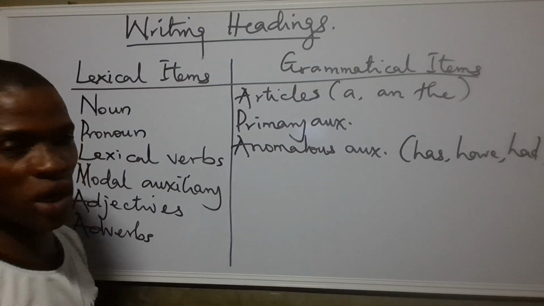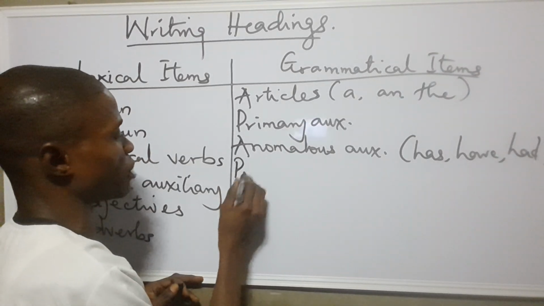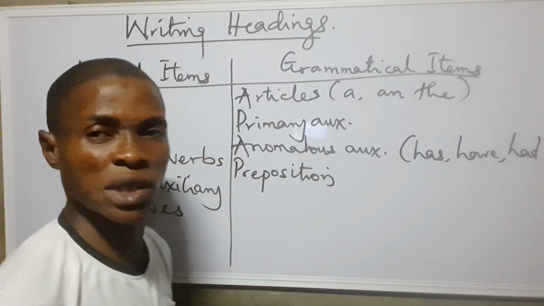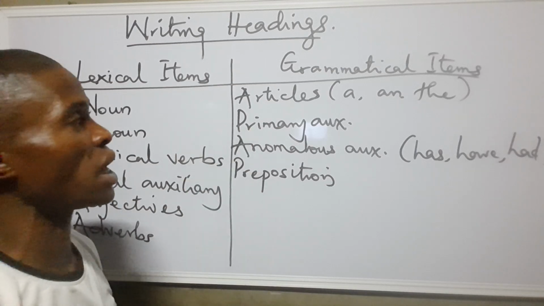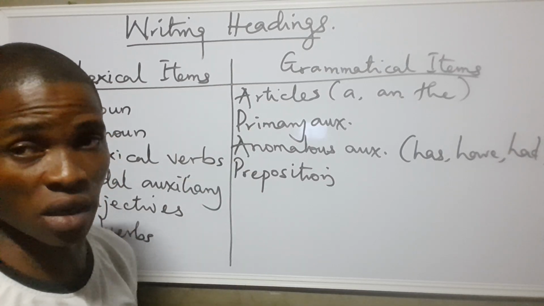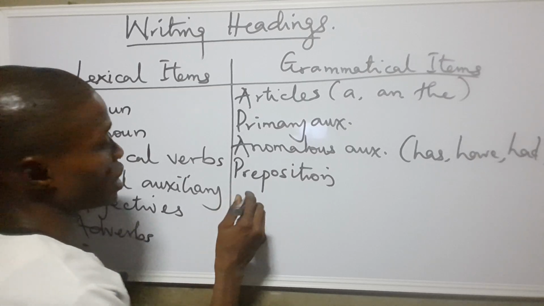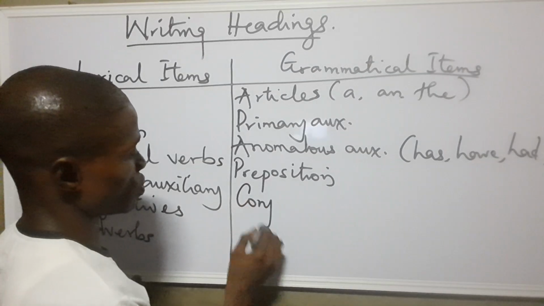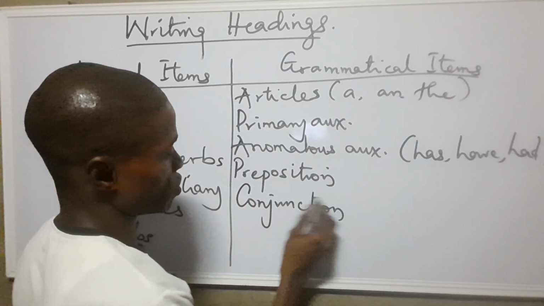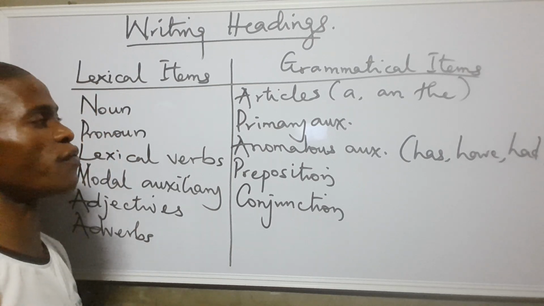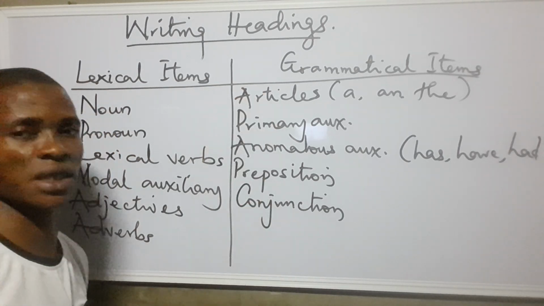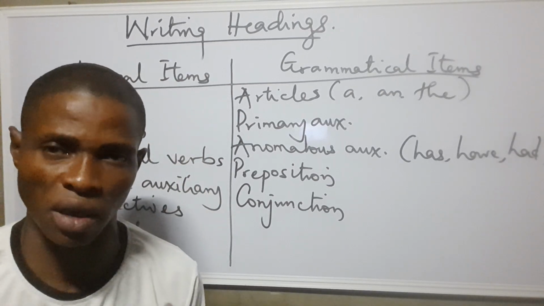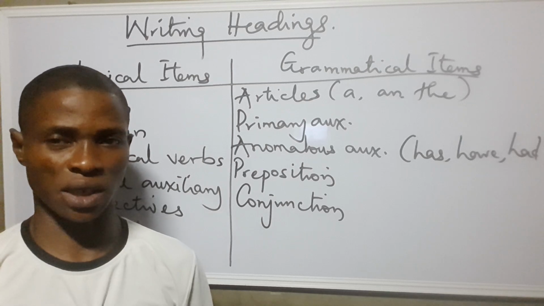These are the 3 items that we're talking about here. Now, the next one after this, we're basically talking of what is known as prepositions. Preposition is also categorized under the umbrella of grammatical items in grammar. At the same time, the last one that we need to consider here is conjunction. If you have any one of these I listed, they are to be categorized as what is known as grammatical items. I believe that one is actually taken also.